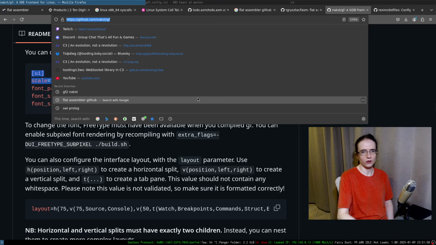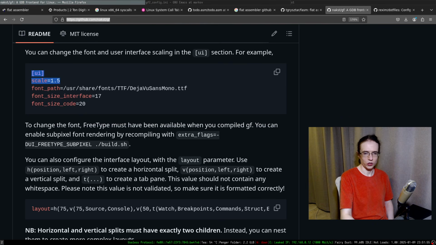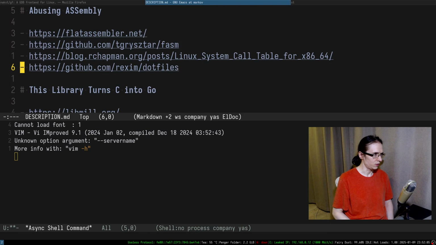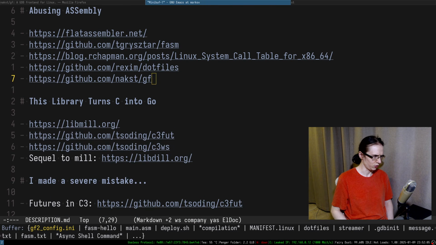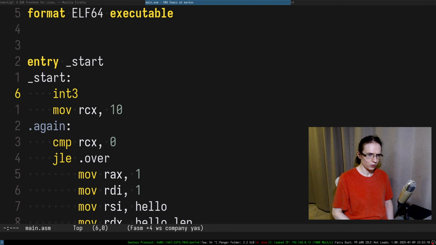By the way, for those who don't know what kind of config front end we're using, GF by Next. I really recommend to check it out. I suppose I'm also going to put that in the description for anyone who's interested. All right, so now if I try to take a look at that,